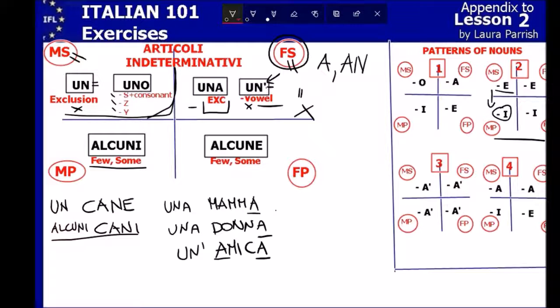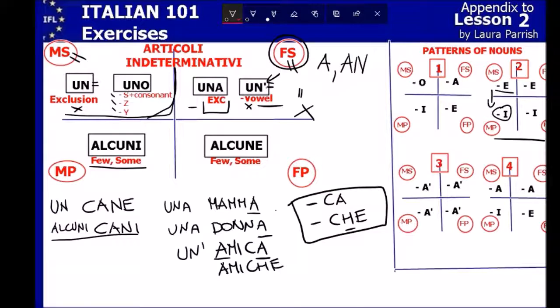Let's say, we did bambino before, I think, right? Let's make it plural. Amiche. This is something, an exception. Every time a word ends in ca, at the plural you have to add an H. It's just this exception. There are a lot of exceptions. This is one. Amiche, and because I explained to you that the indeterminative article at the plural doesn't exist in Italian, you use this word that means a few, some. So, alcune